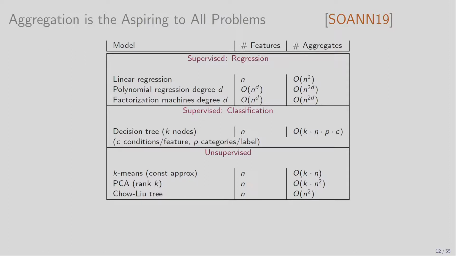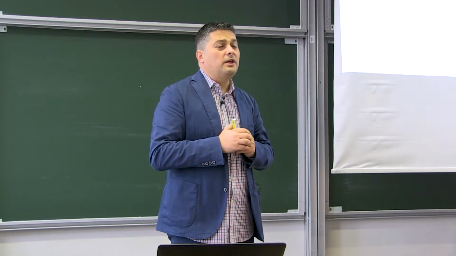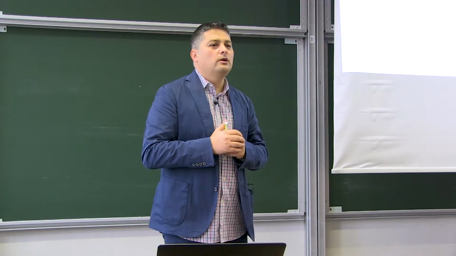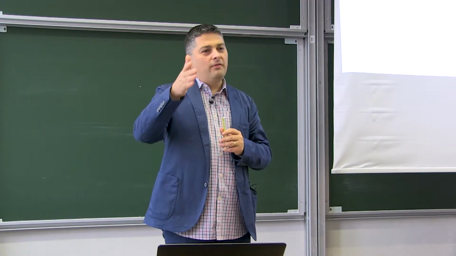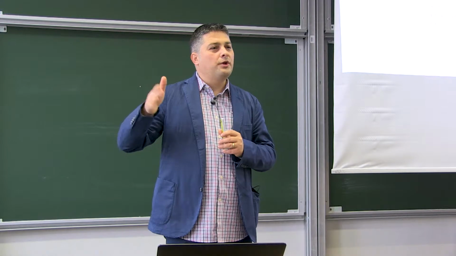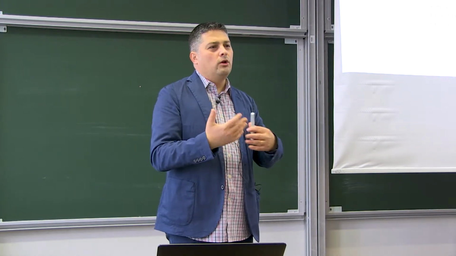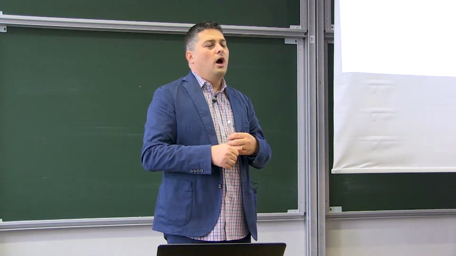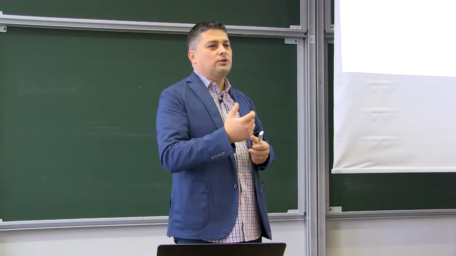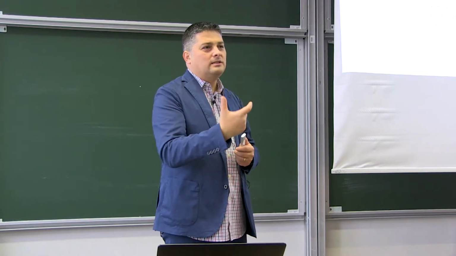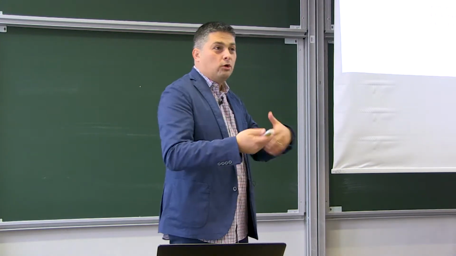If they are continuous, let's say it's about the sales, you can construct nodes of the form: if sales is less than a certain amount or greater than a certain amount. But in case of city, which is a categorical feature, you may want to say, is city London? If it's London, you go on one branch of the decision tree, otherwise you go on another branch. So you have to compute a lot of aggregates, which will tell you how frequent a certain category is in the data.